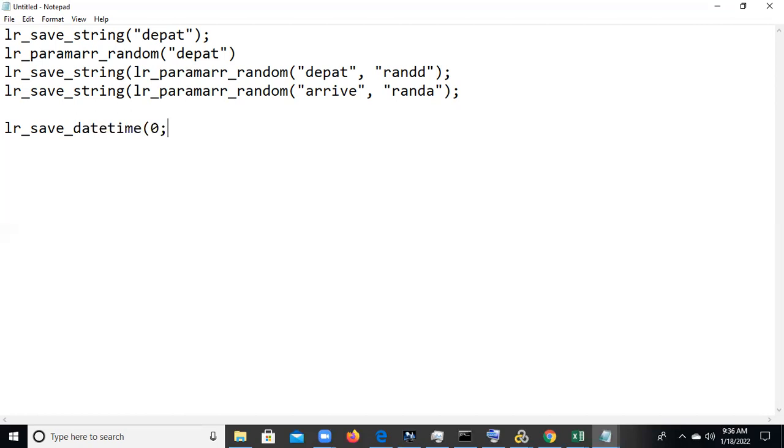So what is the syntax? We need to give the format we want. For example, I'm giving %m, which is month, separated with a slash, then %d for date, a slash, and %Y for year.